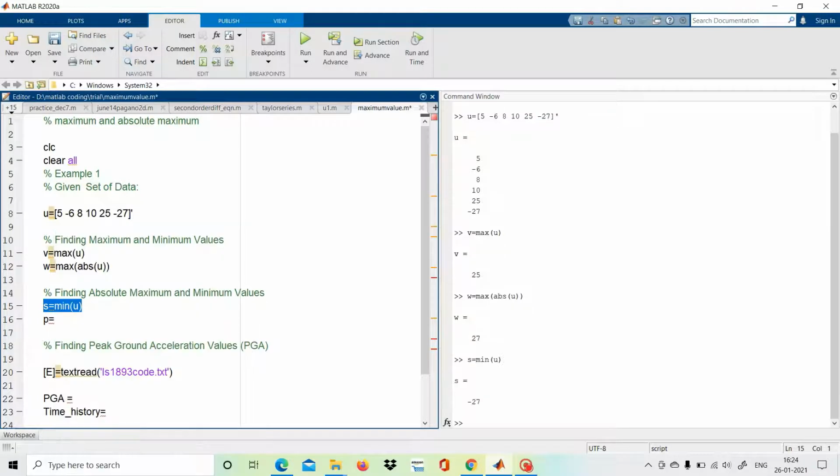Evaluate the selection. The minimum value here is minus 27. From this data the minimum value is minus 27, and next we will find the minimum of the absolute value.